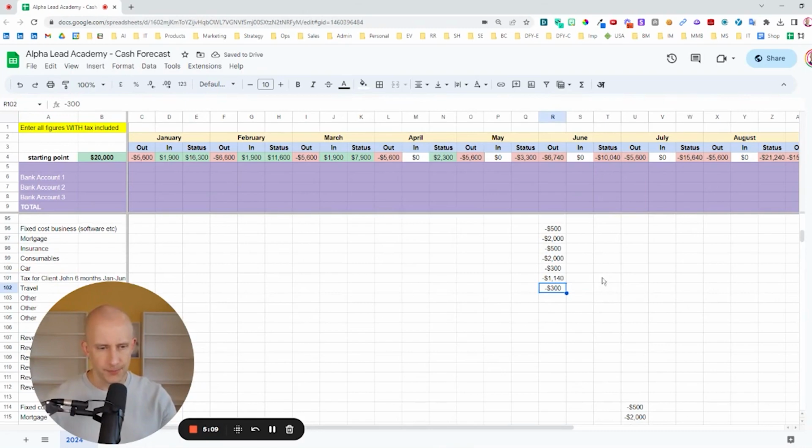That's the whole idea. And if you realize, okay, this is my status, I'm going to be at, let's say, 16,000 at the end of January. Given my expenses, I need way more clients because otherwise my bank account status is decreasing rapidly. And you will just add new clients in here. You know how much is going out, and you will then see the status starts to go negative. Here you have May, status at the end of May. As you are adding more clients up front, the time of the status going negative will push further out.